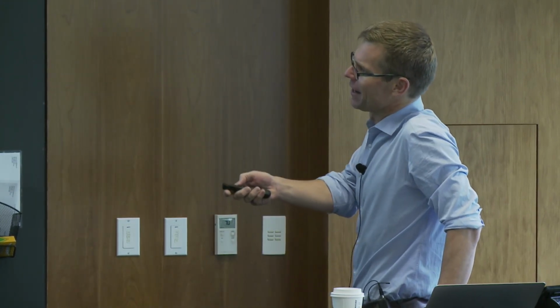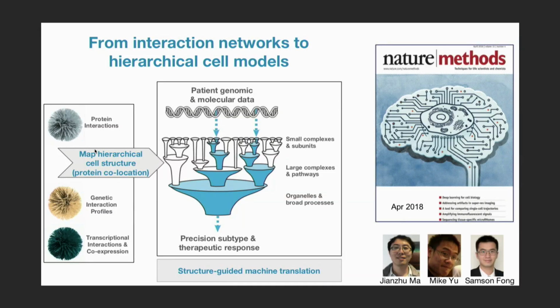And many networks that we measure experimentally can be thought of as simply a co-location score or co-association in physical space in the structure of a cell. And so the idea is to somehow analyze all of those together in some integrative environment that would then not just end up with an integrated graph of nodes and edges, but would organize that information hierarchically. Okay, so that's a structural hierarchy set of questions. And then two, there's the question of can we functionalize that? And the goal there is once you can come up with those structures, then can we start to use those structures as priors in some kind of structure-guided machine learning? And I'll again give some work that's very preliminary on how we've thought about doing that.